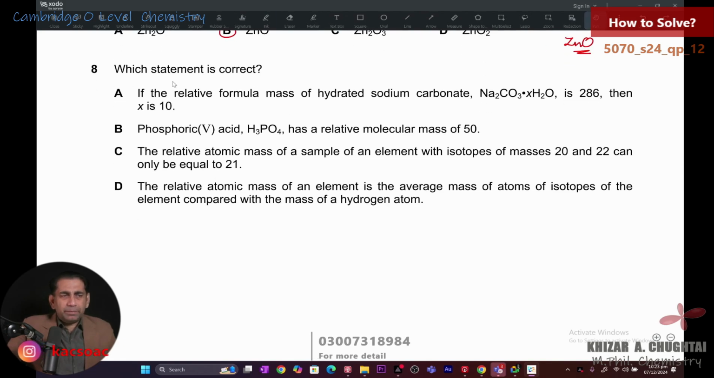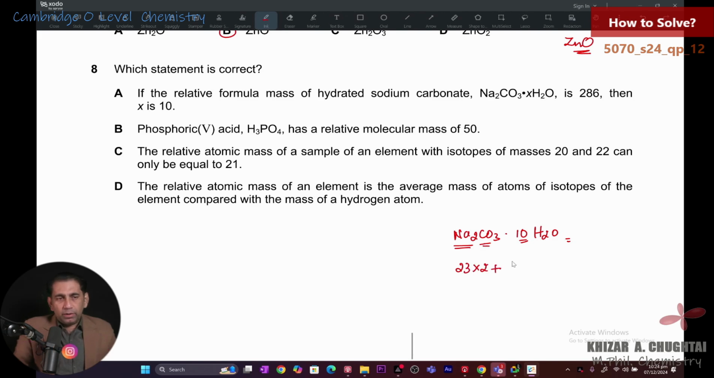Question number 8. Which statement is correct? If the relative formula mass of hydrated sodium carbonate Na2CO3.xH2O is 286, then x is equal to 8. Let me check. Sodium carbonate Na2CO3 dot 10. If x is equal to 10, then I can write 10 H2O. Now what is its Mr? For sodium, its Ar is 23 into 2, plus 1 carbon, 12, and 3 oxygen, 16 into 3,